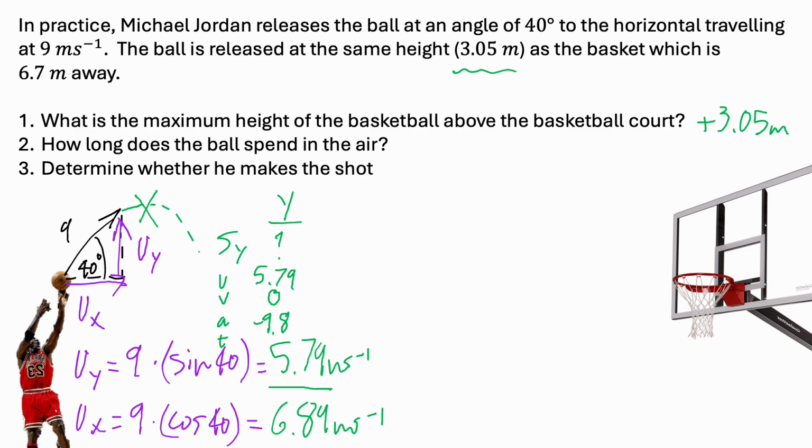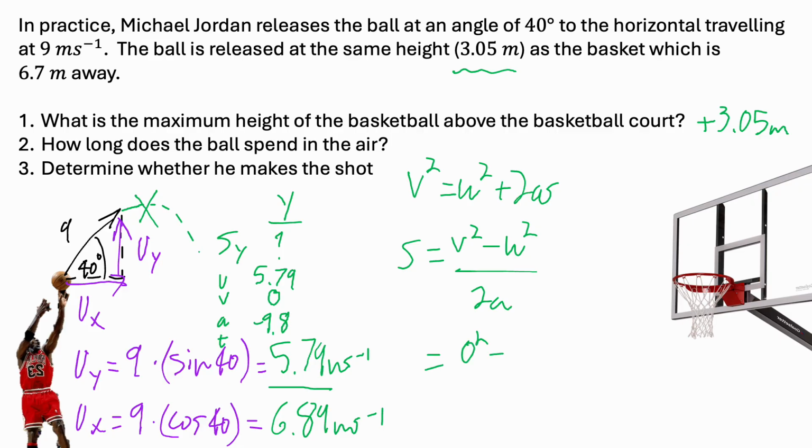So therefore, we now have just our 3 points of data that we need to solve this problem, and I'm going to use this equation, v squared equals u squared plus 2as. Nice one. Now, rearranging this, looks like this, and the answer is going to give us 0 squared minus 5.79 squared over 2 times minus 9.8. Now, number crunching that one gives us